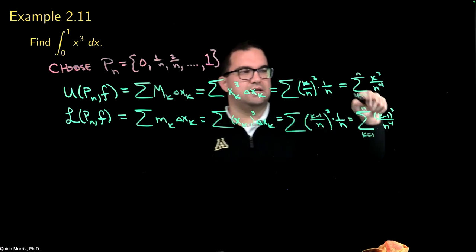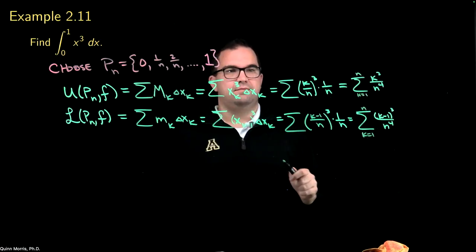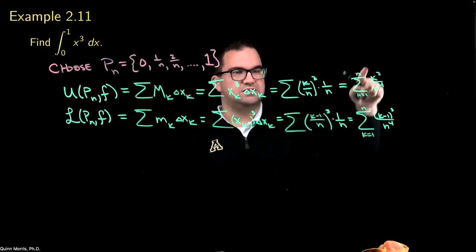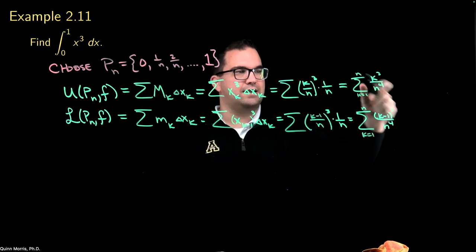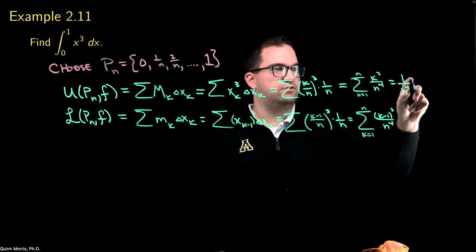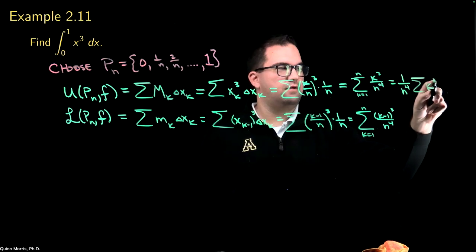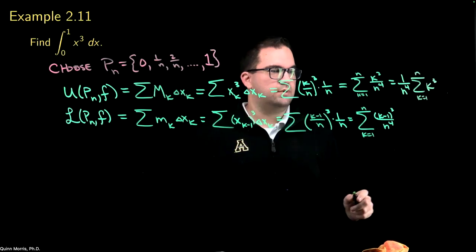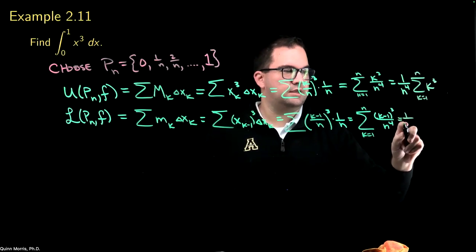The sum is indexed over k, which means that anything that isn't to do with k is a constant as far as the sum is concerned. So I can pull out, for example, a factor of 1 over n to the fourth, and I'll be left with the sum of k cubed, k equals 1 to n. And similarly here,